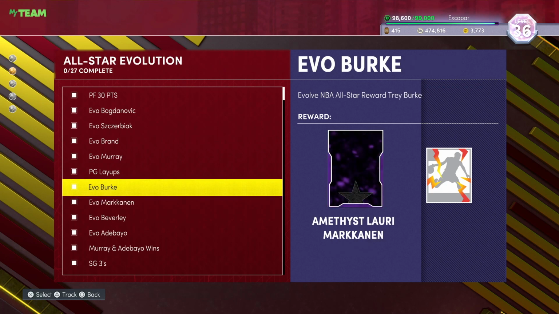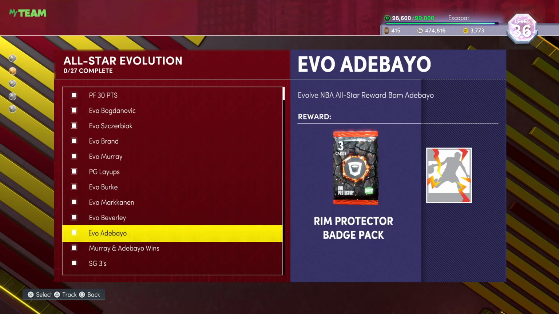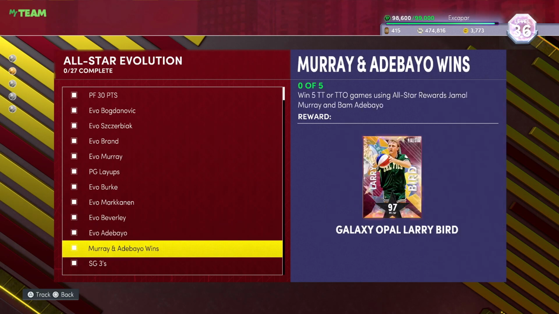Then you get a Lauri Markkanen, then you Evo Lauri Markkanen, and you get a Pat Bev. Evo Pat Bev, you get Bam Adebayo, and Evo Bam Adebayo, and you get this Rim Protector badge pack. Then after that, using Jamal Murray and Bam Adebayo, you have to get 5 triple